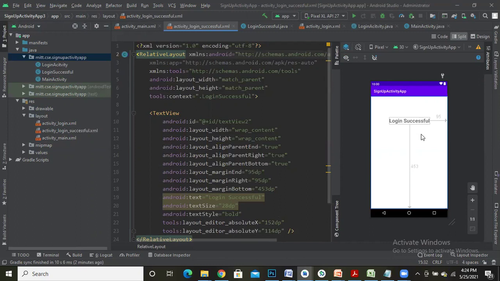So that's it. We have created the 3 new activities. This is how we are going to create 3 new activities with the names main activity, login successful activity, and login activity, with respective layouts activity_main.xml, activity_login_successful.xml, and activity_login.xml.